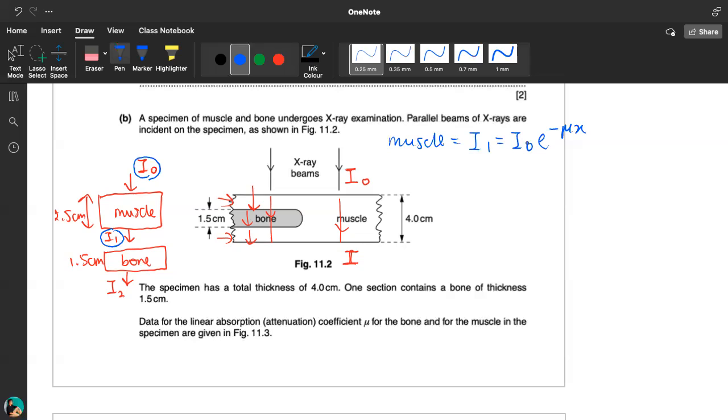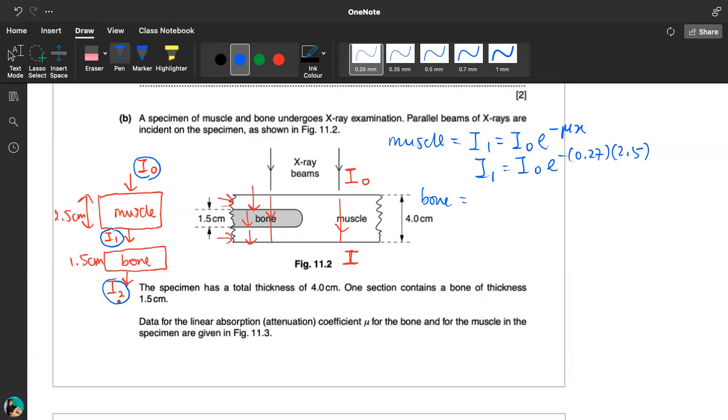So I1 equals I naught e to the minus mu x, which is I naught e to the minus 0.27 times 2.5. Let's put this aside. And for the bone, we get